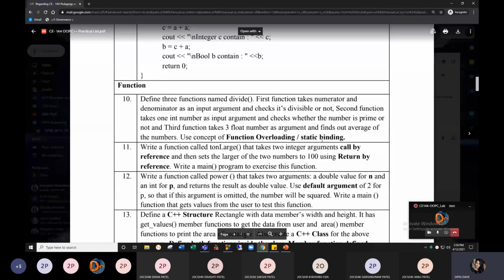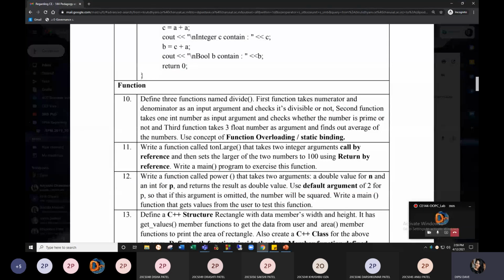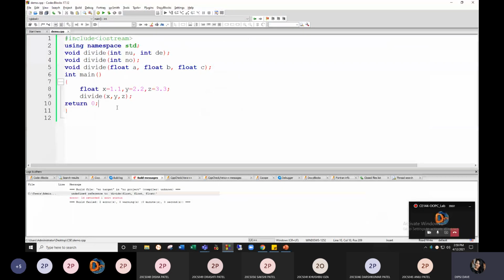Now why is it called static binding? Because according to the user, while developing the program, in the main program, according to the function call which has been happening, the binding operation will be done in that way, right?